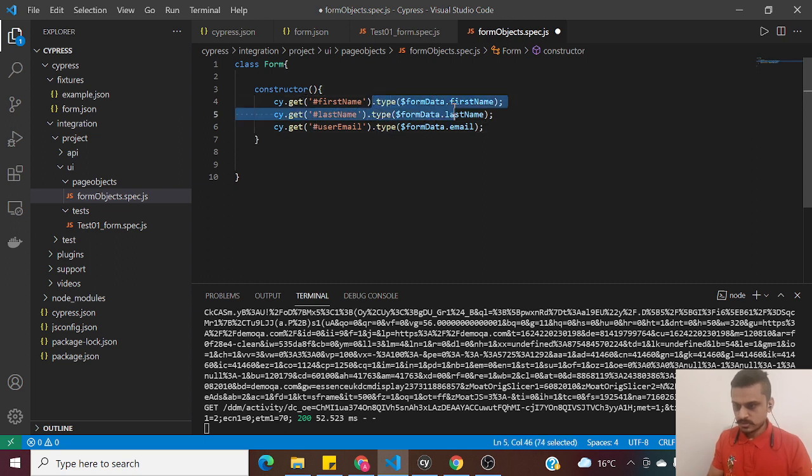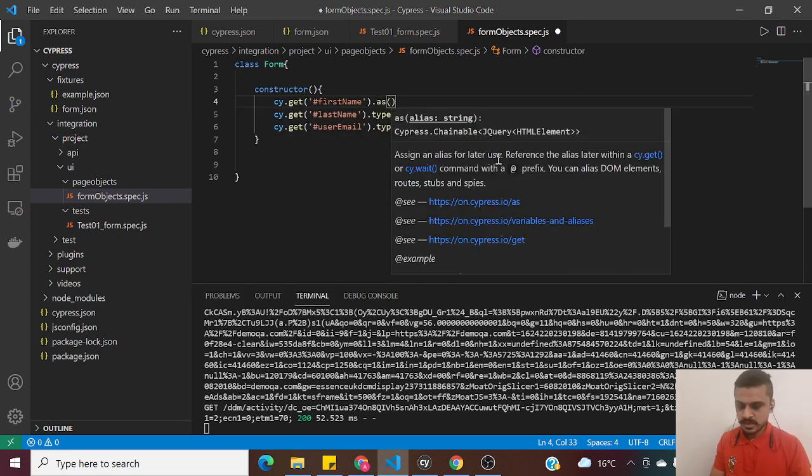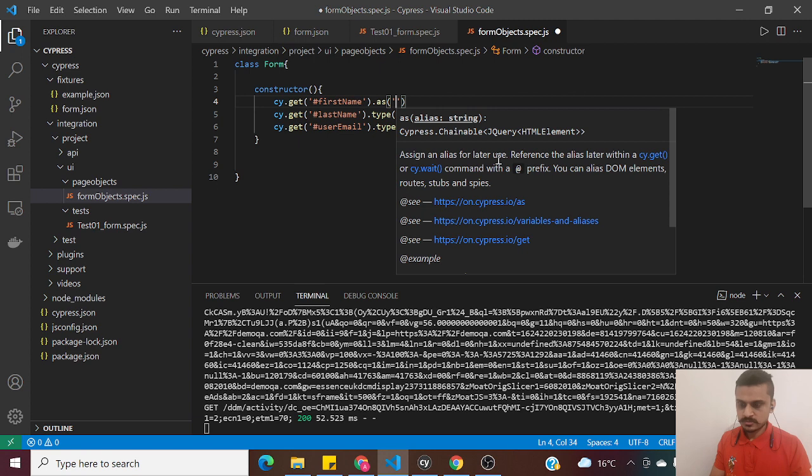So instead over here in my constructor, I am just going to initialize these as aliases. Okay. So this is my ID, right? I can easily create aliases. So in my core concepts videos also I have covered aliases in details, guys, and why we need them. Alias, how we do, just we use as method, and over here I can give it any name. It's my first name, so let's just make it as